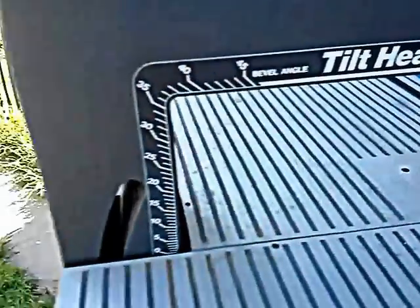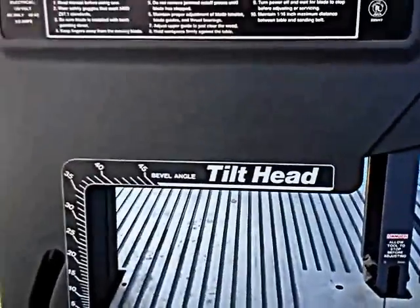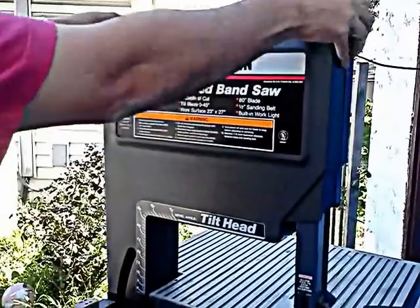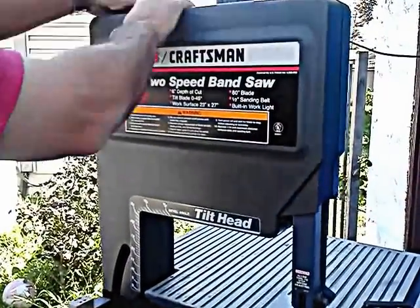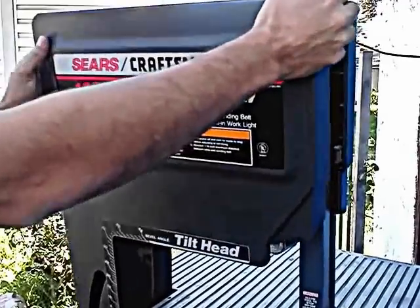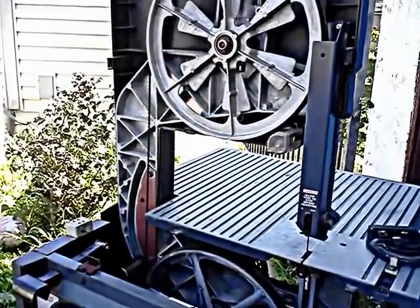A couple features here. I'm going to open it up here. This one has a light in it. You don't really see that on saws these days anymore, not on bandsaws anyway. Okay, pull this off. Okay, turns off there. And as you can see inside,